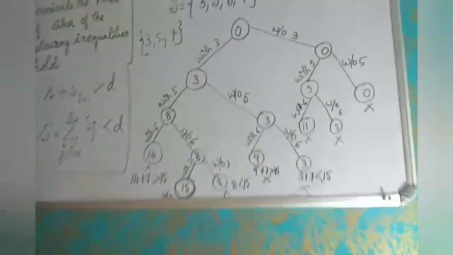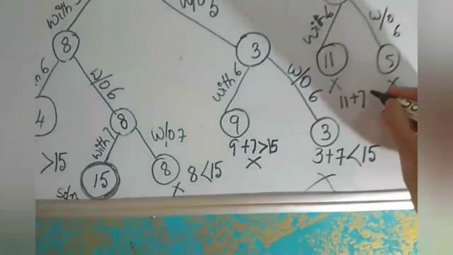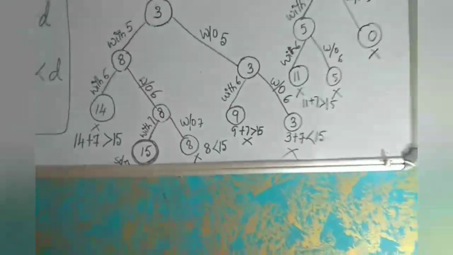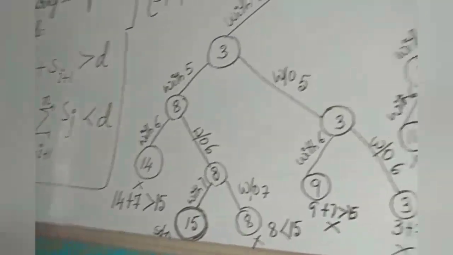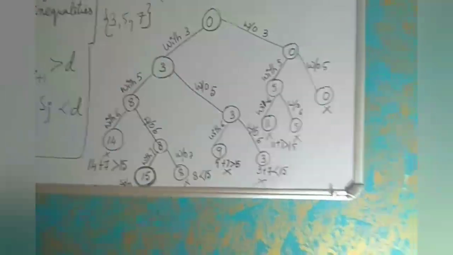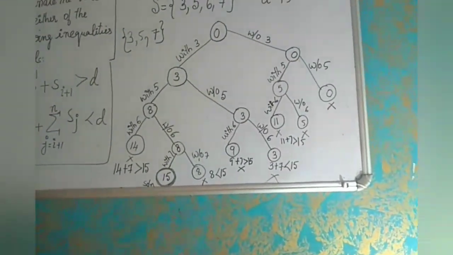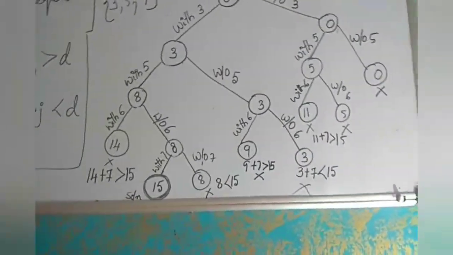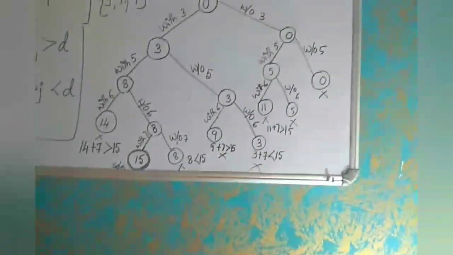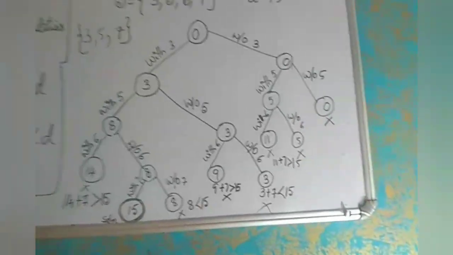And the next element, what? Next element is 7. So if you add 7, 11 plus 7 is 18, which is actually greater than 15. So you have to stop. Similarly, without 6, if you consider, the next element is what? 5. So from there also you have to expand. Now 3 over, 5 over, 6 over. The next element is 7. So if you add 7 to that 5, 7 plus 5 is 12. 12 is less than 15, right? We don't have any more elements, so that also becomes a non-promising end.